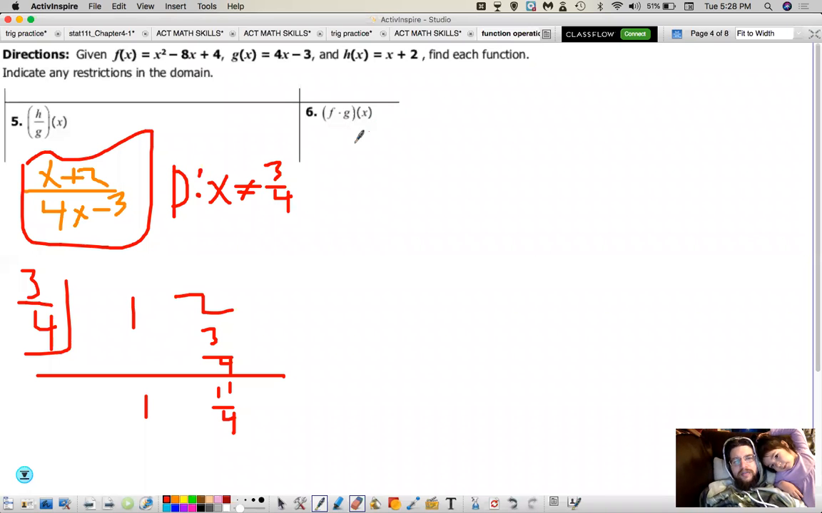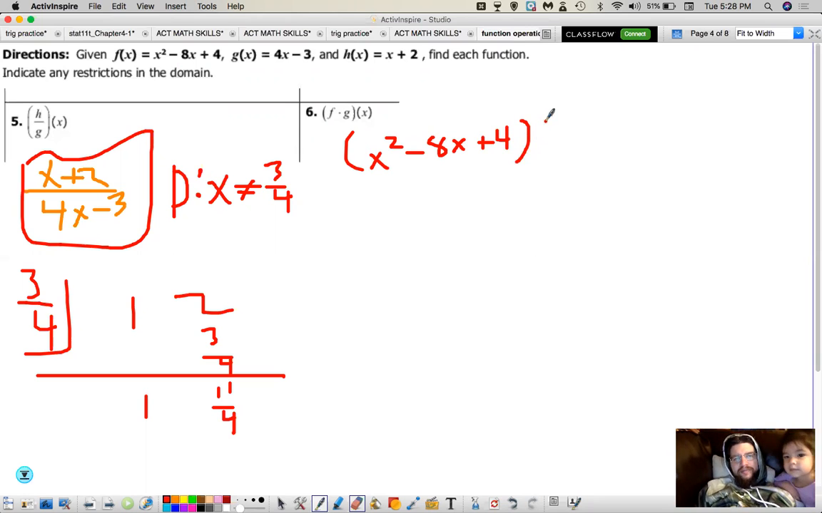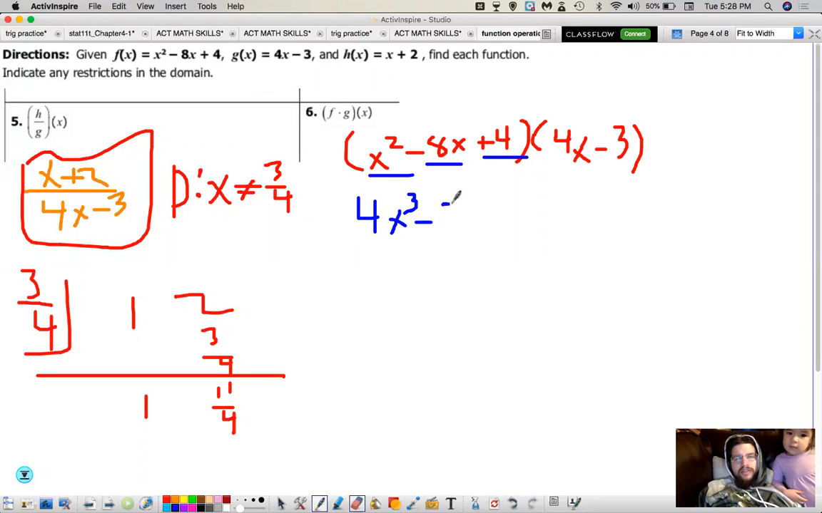All right, so I've got a helper here. We're going to do f times g. So again, here's f. And we're going to multiply that times g of x. So again, distributive property. x squared is going to everybody. Negative 8x is going to everybody. 4 is going to everybody. So that's 4x cubed minus 3x squared